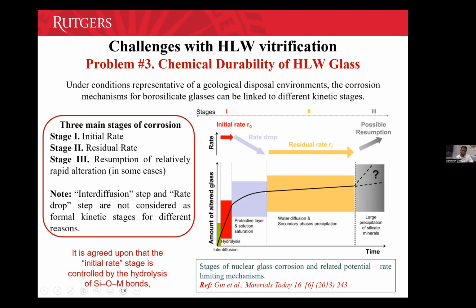Over here, you get a silanol layer. You guys are chemistry students, so I'm assuming you should know what silanol is. An SiOH layer forms over here. And then over here, you get a saturated solution where you start getting precipitation on the surface of glass, and different phases form on the surface of glass. So, that's how the glass starts to corrode.